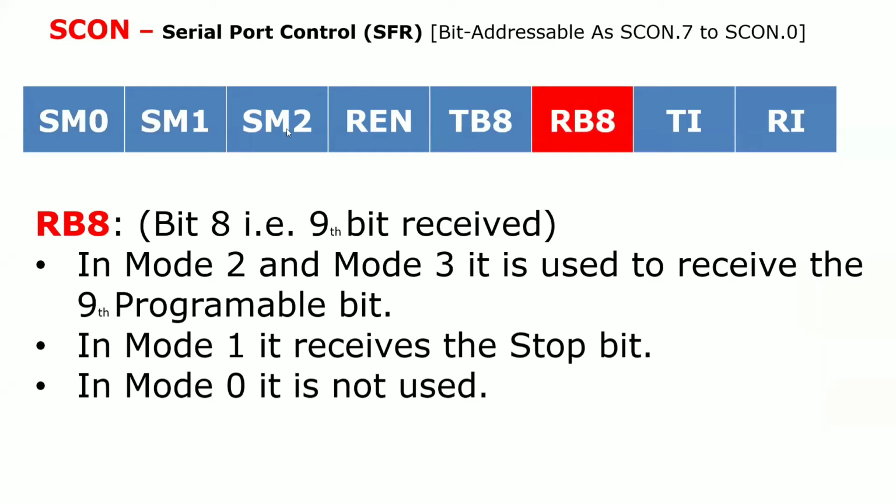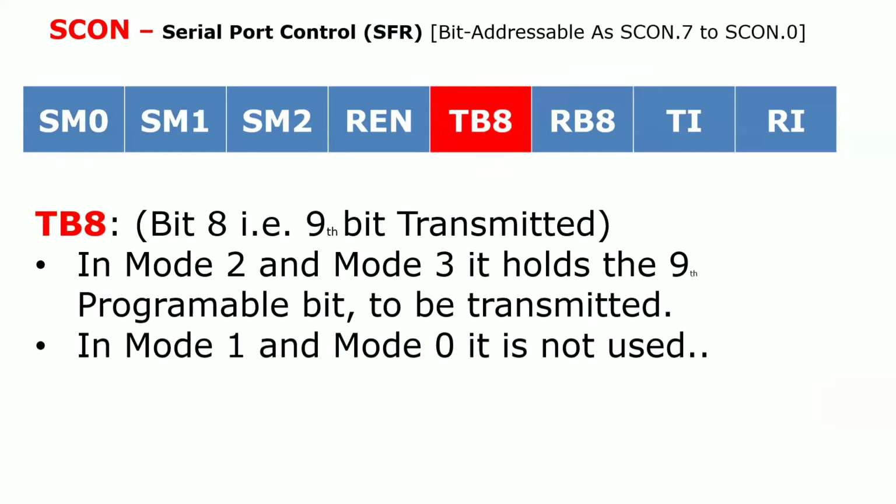The next bits are RB8 and TB8. Please don't read this theory right now, because I am going to explain something before you need to understand these 2 things. RB8 and TB8 are used to store 1 bit of data, during the transmission and during the reception. Up to now, remember this one. I will get to this point later.